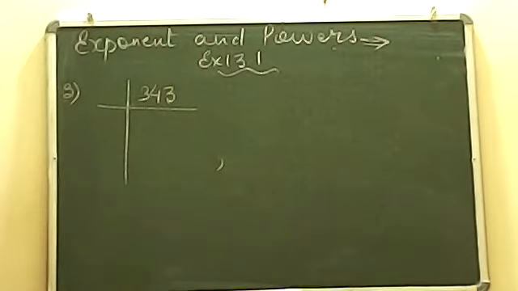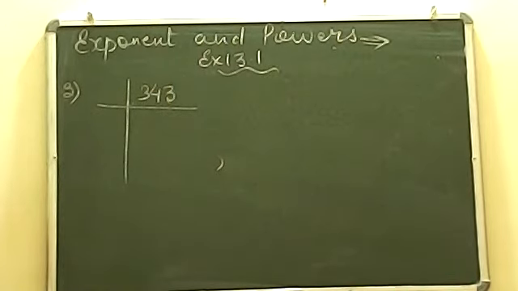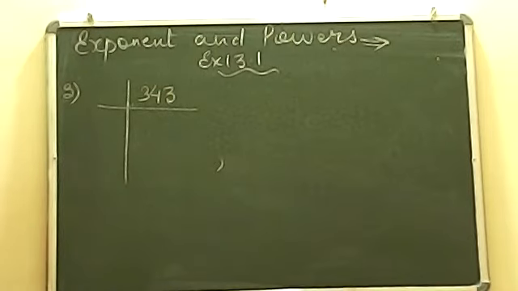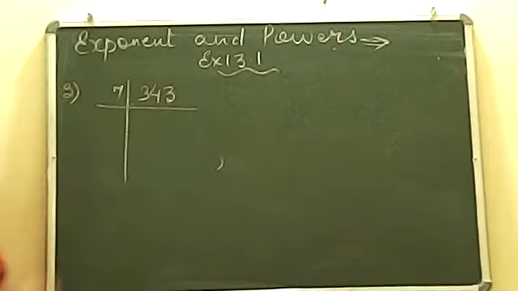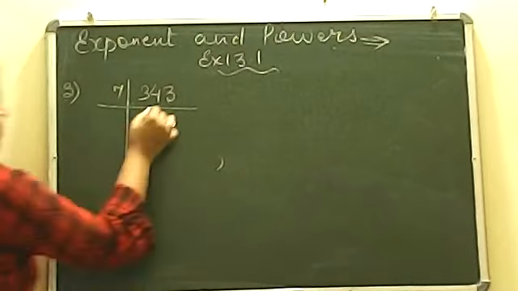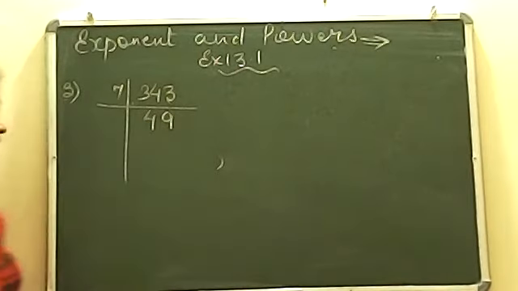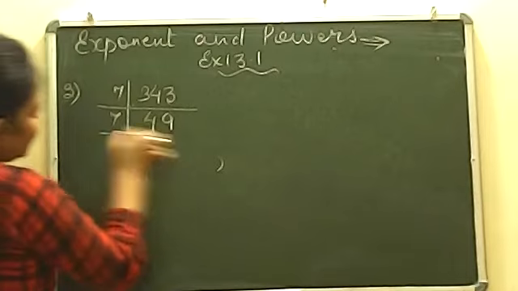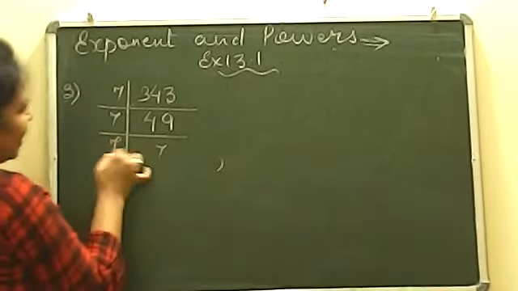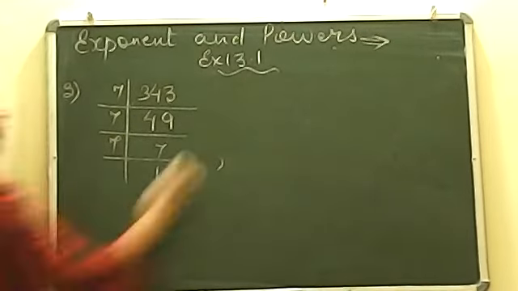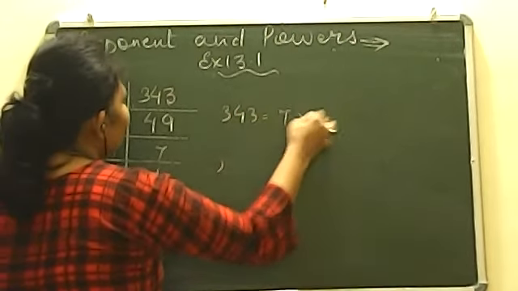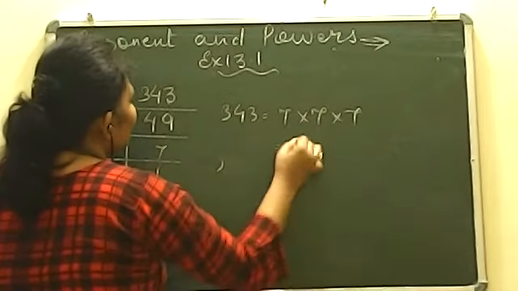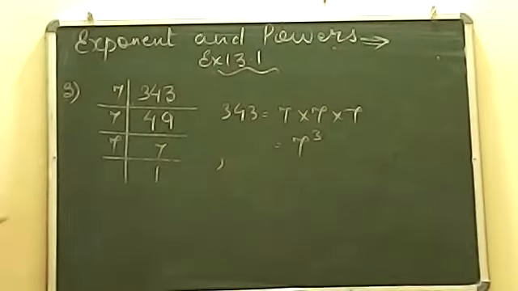343 अपने दिमाग में रख लीजिए, ना 2 से डिवाइड होता है, ना 3 से होता है, ना 4 से होता है, ना 5 से होता है, ना 6 से होता है. किससे डिवाइड होता है? Can anyone tell me? 7 से होता है, right? It will be directly divided by 7 and it will give you the number 49 when you will divide this. Again you will get it 7 only. Yes, and again you will get it 7 only. Now when you have to write it down 343, it will give you 7 into 7 into 7, which will give you 7 to the power 3.